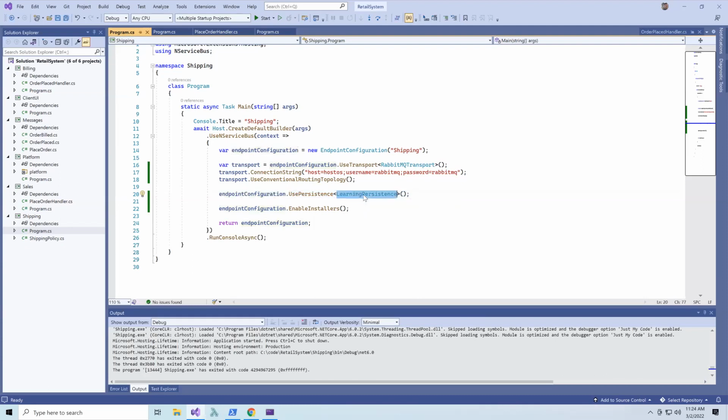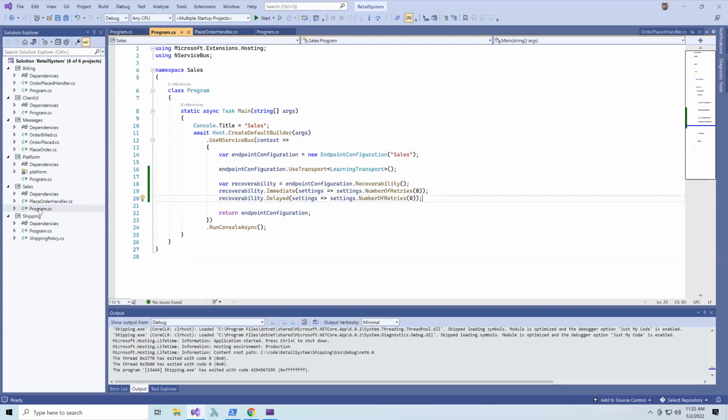I'm just going to copy that to the other ones as well. We're still going to use learning persistence in this case, which is still storing it to the disk locally. If we were going for a full production setup, then we'd want to change that to something like our SQL persistence that stores that kind of stuff to a SQL database, or your persistence of choice. So I'm going to copy this whole chunk, and we're going to basically add this to the rest of the